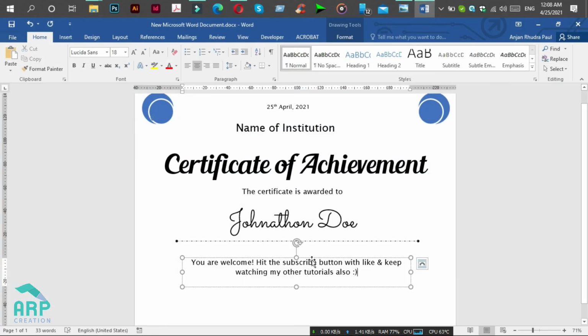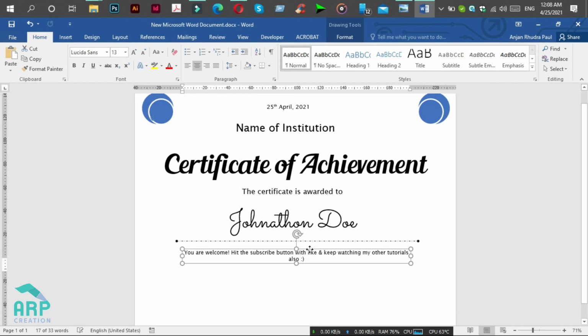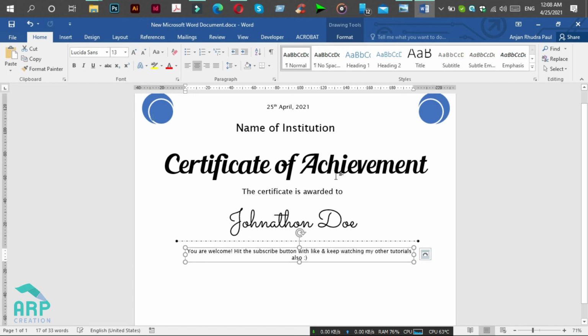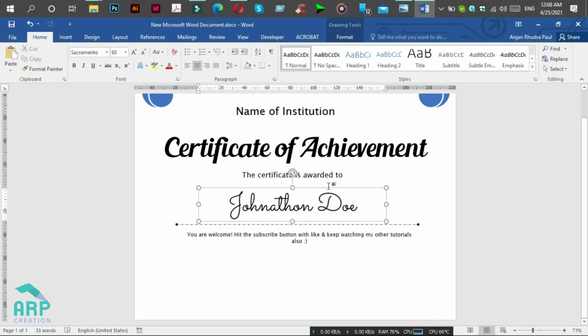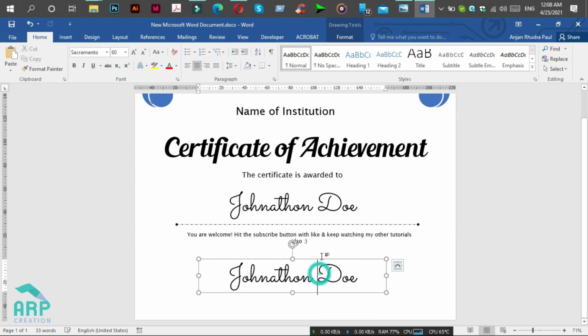And change the font size to 13 point. And now we will duplicate this text box again and change the font size to 36.